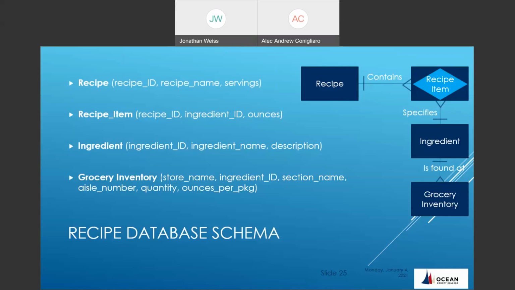I have this diagram. This diagram tells me very nicely what the things are that I need if I'm specifying recipes and where to find them at the grocery store. I can explain that diagram to you, and you can say, I have a question about this, or this doesn't make sense. We can talk through that. But once we have agreement on this diagram,